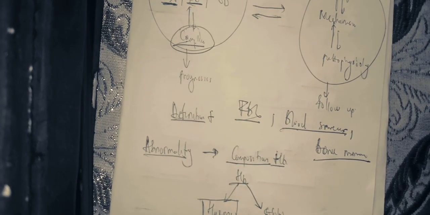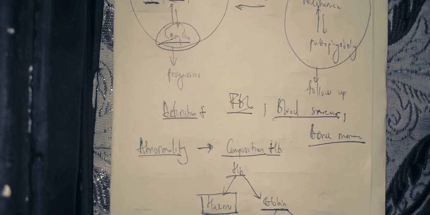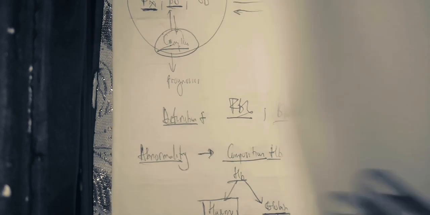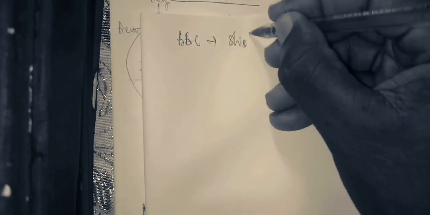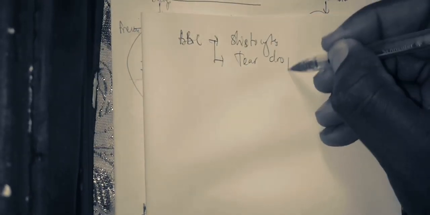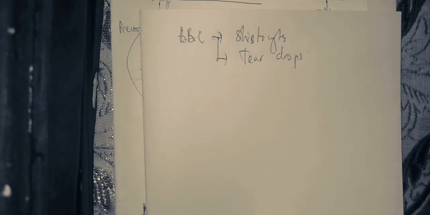Now the next complication you have to evaluate is going to be hemolytic crisis. For hemolytic crisis, you look for the signs of hemolysis. Is it clear? What are the elements that show you that somebody is hemolyzing? For the red blood cells, you need to know that the red blood cells are going to be malformed, called schistocytes. Is it clear? You have also teardrop red blood cells. All that can tell you that there is hemolysis. You have teardrop red blood cells, or you have schistocytes, malformed red blood cells, that can tell you that there